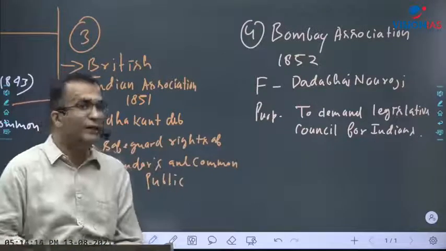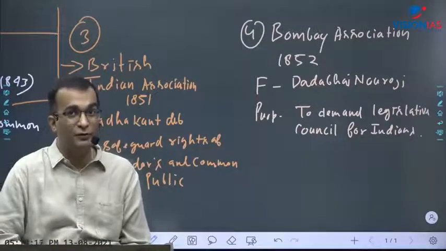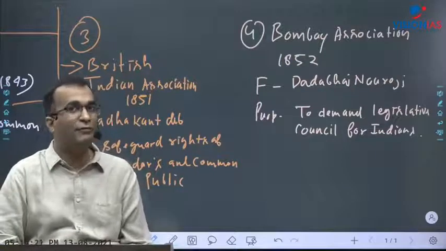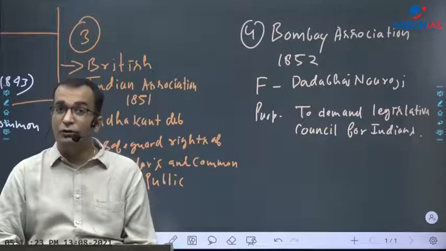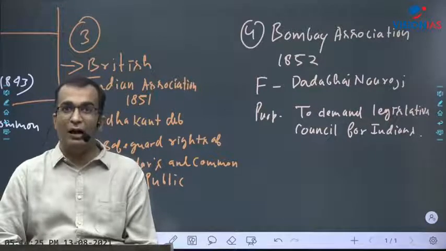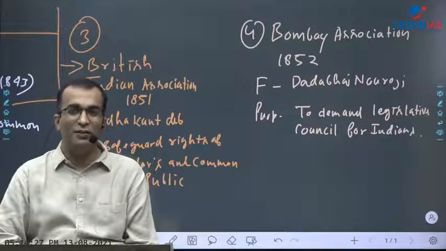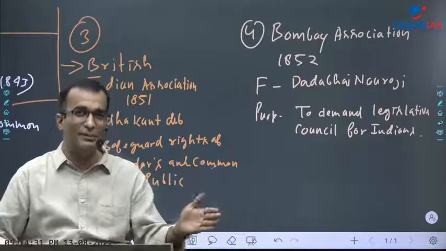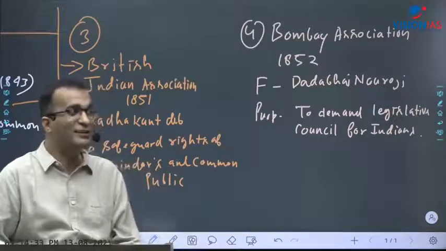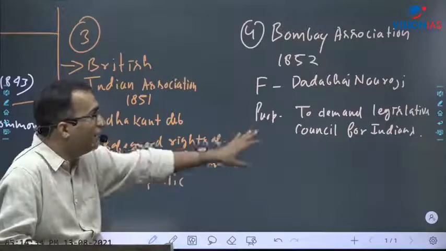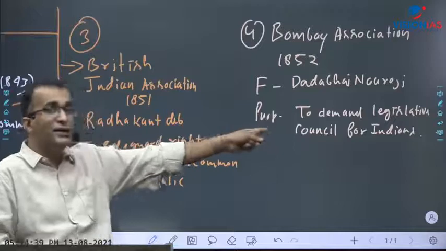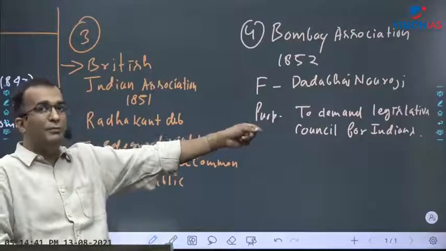in 1852. That is before the revolt. And when it was conferred, you can always go back to what you have read in the previous class. Previous class does not just mean class number 18, it means all the 18 classes. Just look at that, if there is any correlation which I can establish. So Dadabhai Naoroji demanded it in 1852, and by 1861